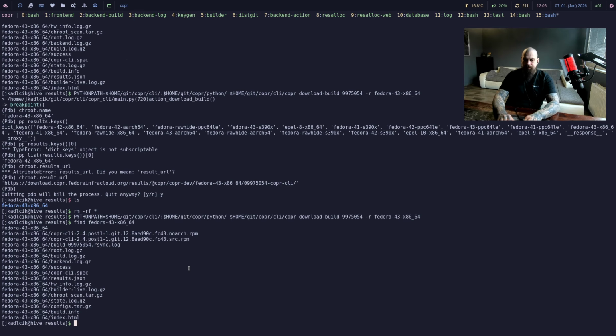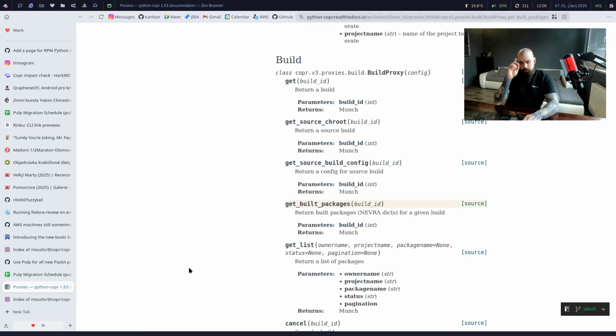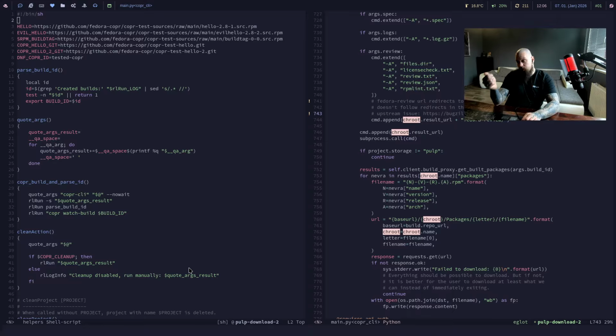So what next? We confirmed that this works. So the Pulp team, the package team, will be happy about this because they use that. The testing farm team will be happy about this because they use that as well. Now,